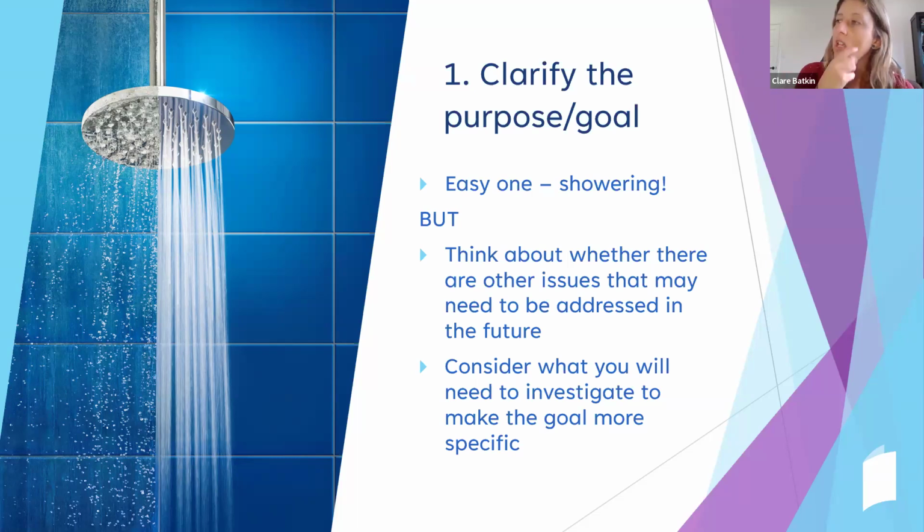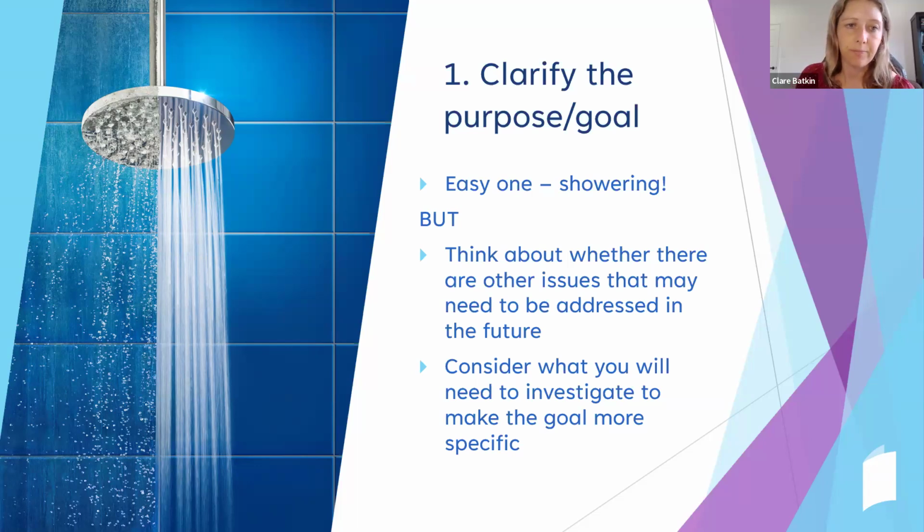And while we know that she's having difficulty with showering, we don't necessarily have a lot of detail about exactly what that goal looks like. So does she want to get back to showering every day, standing up, having a shower? Does she want to be able to just independently have a shower a few times a week, sitting down? We can clarify all that once we do the next steps, which are a little bit more of that